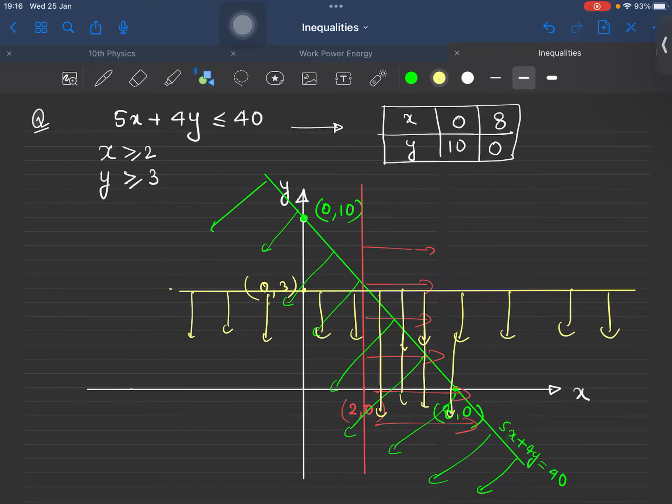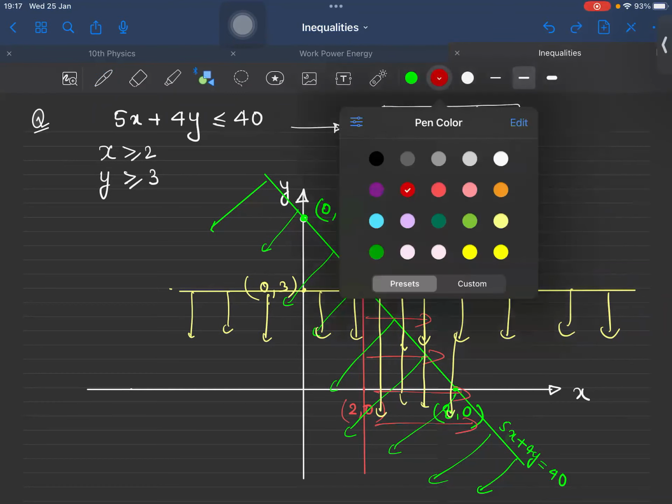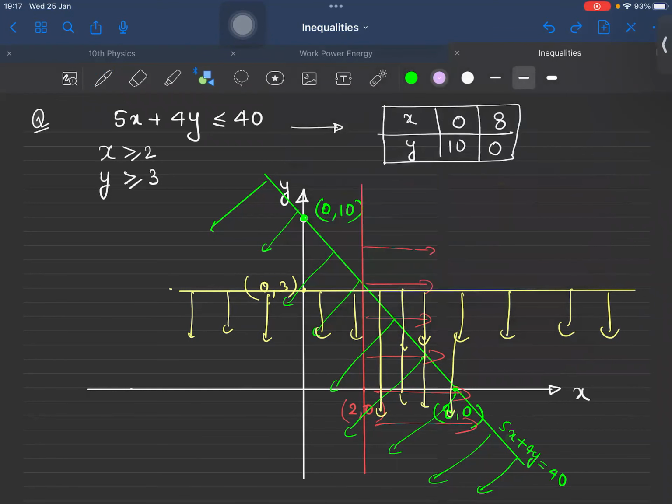Isn't it? So this triangle, okay. Let's use some other color. Let's use blood gray or some other color. I'm out of colors. Okay, so this one. So this region will define the inequality. Understood? So this inequality,